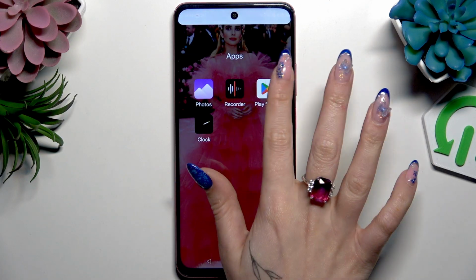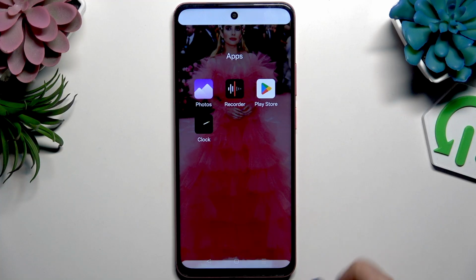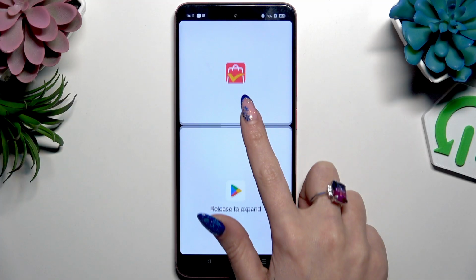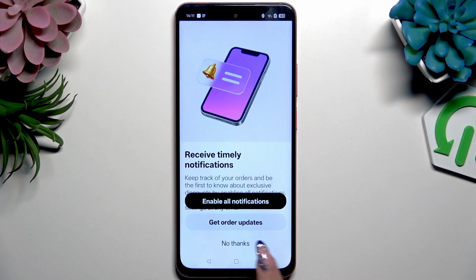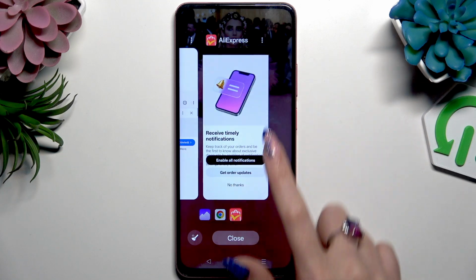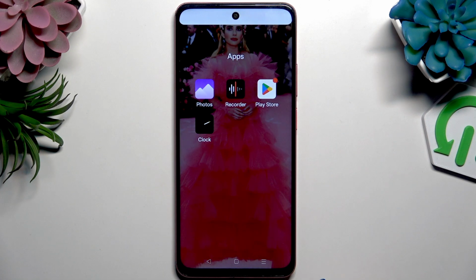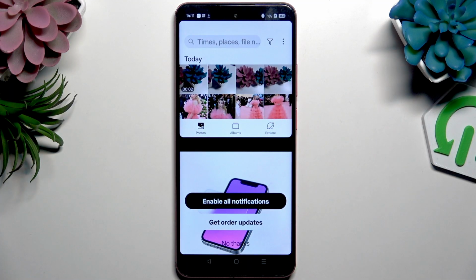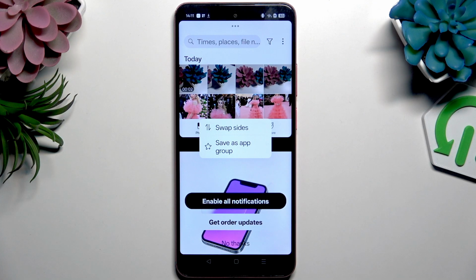Last trick about split screen is clicking on the line you are using to resize them or close split screen. Thanks to this line, you can swap sides of your apps, or if you use any two apps in split screen quite often, you could click on Save as App Group,